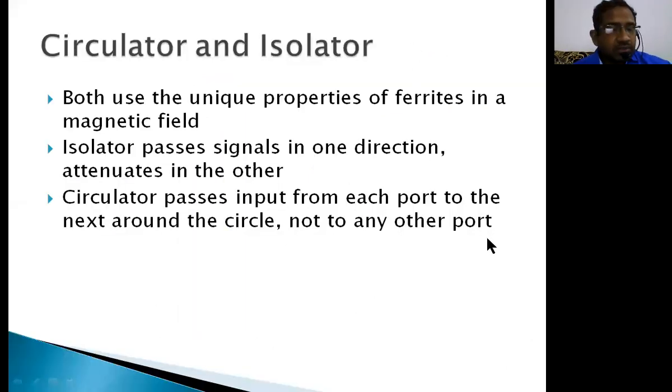Now, having done with components such as E plane T, H plane T, directional coupler, we have other components such as circulator and the isolator. So these two are also called microwave components. We are going to use these two components continuously. Now, what is the basic operation of this particular isolator and circulator?